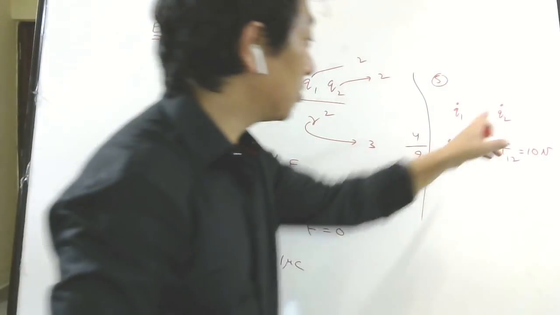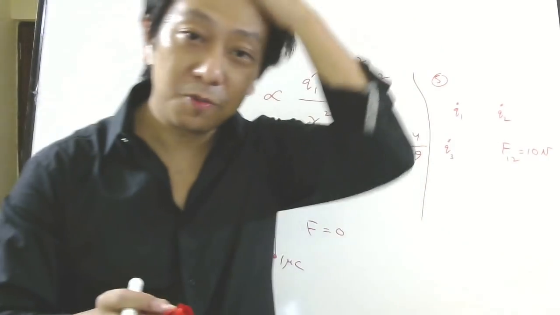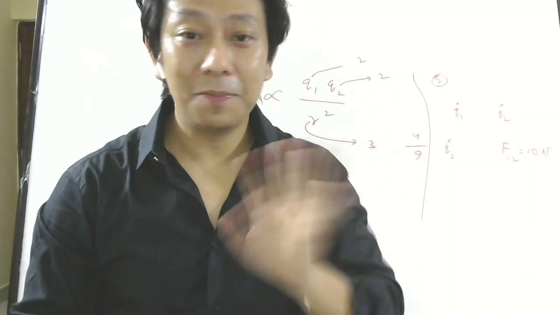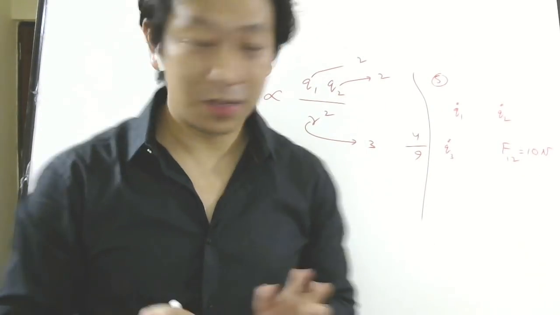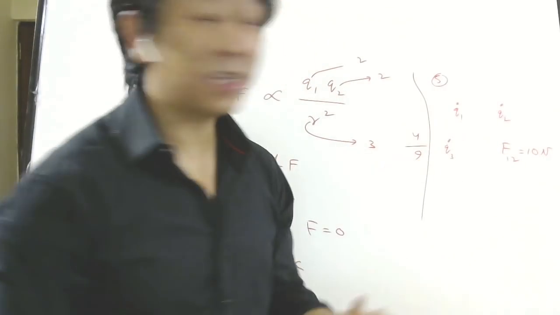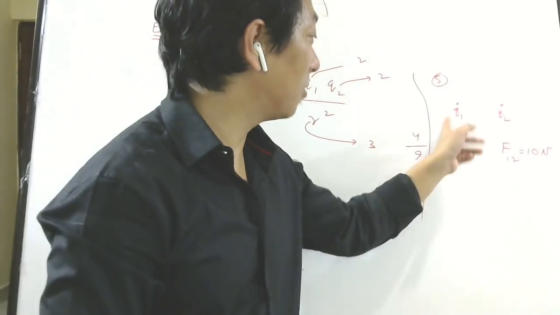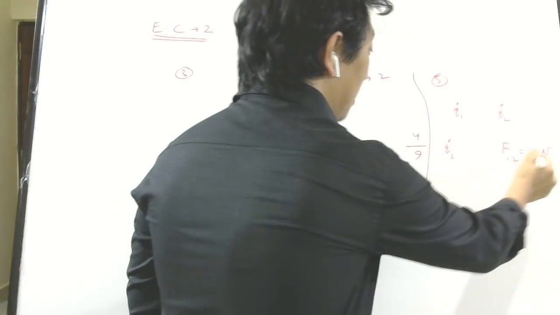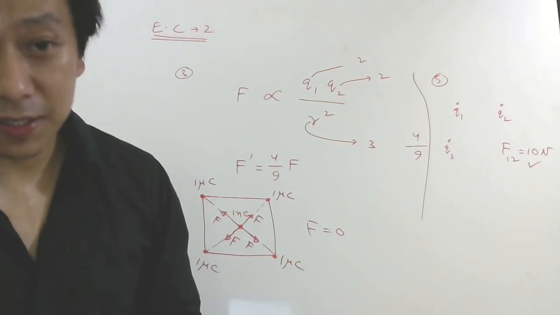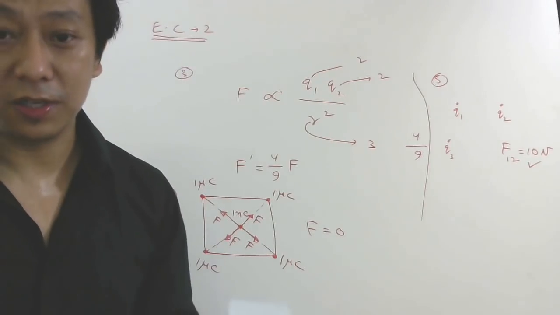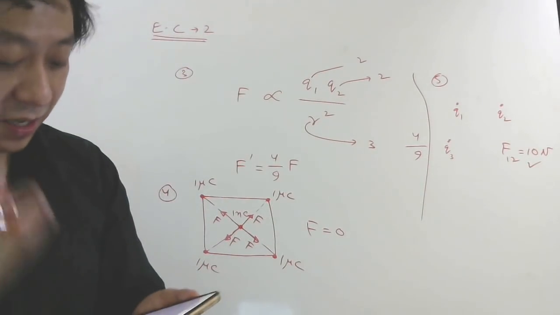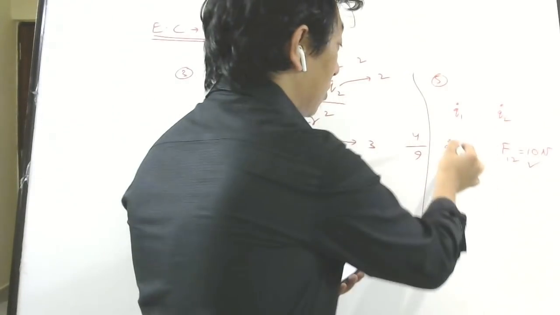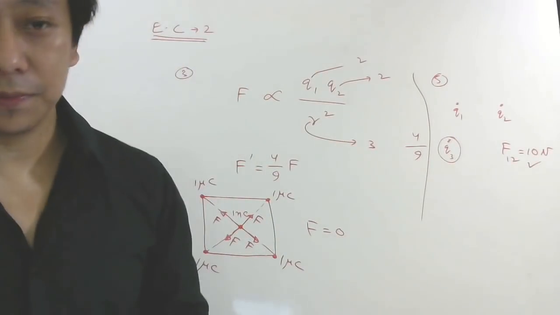But they are asking the force on Q2 by Q1. And we know from the superposition principle that the force on one charge by another charge is independent of the third charge. So the force between Q2 and Q1 will be the same as before: 1 by 4 pi epsilon naught Q1 Q2 by R square. So the force in the presence of the third charge will also be 10 Newton. See, the resultant force will change, right? That's what we have done in all these problems. We have calculated the resultant force. But they are saying the force on Q2 by Q1. That will not depend on Q3. Is it clear?